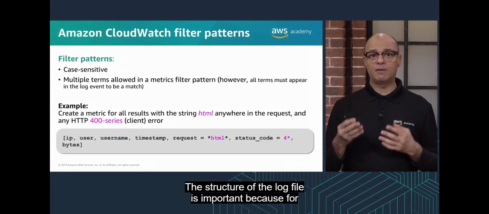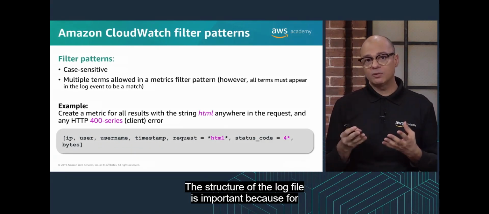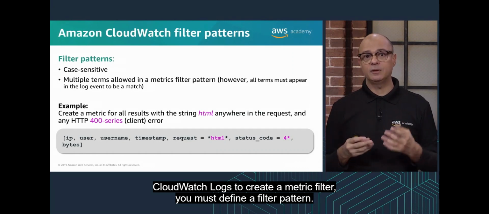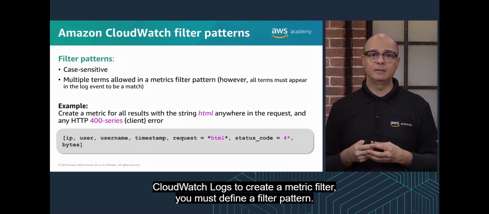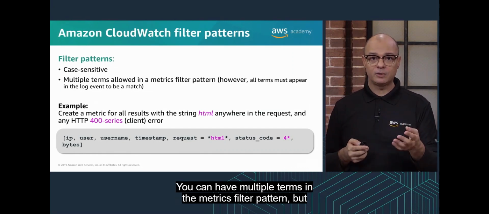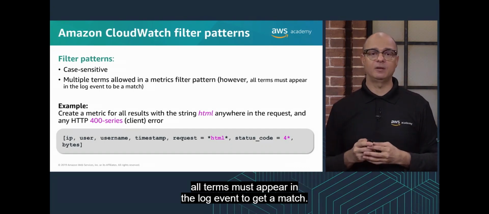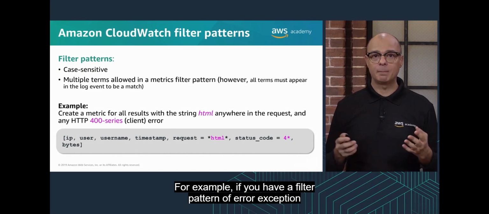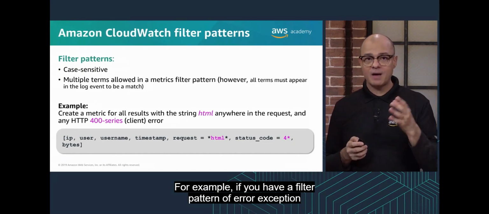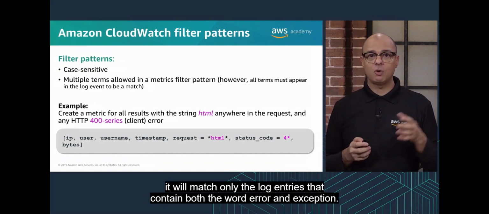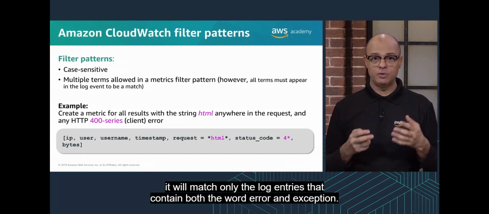The structure of the log file is important because for CloudWatch logs, to create a metric filter, you must define a filter pattern. You can have multiple terms in a metrics filter pattern, but all terms must appear in the log event to get a match. For example, if you have a filter pattern of error exception, it will match only the log entries that contain both the word error